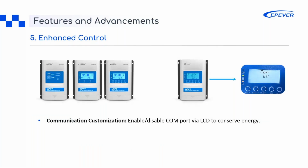So now we have the enabled control, and what it actually means is the G3 model provides an option to disable the communication port through the LCD screen. And this is a feature which aims to reduce the device's own energy consumption, making the system more energy efficient, because then it reduces the amount of power used for COM-port communication, and this setting is handy with the systems, we have had multiple applications where energy saving is critical, and it extends the system's standby time. So you have the flexibility to enable or disable communication function as needed to save more energy from your battery and have a low